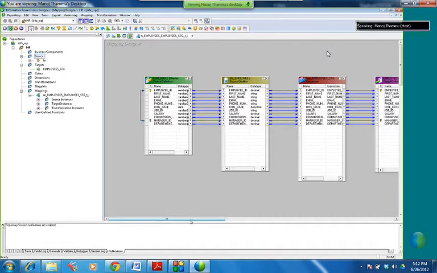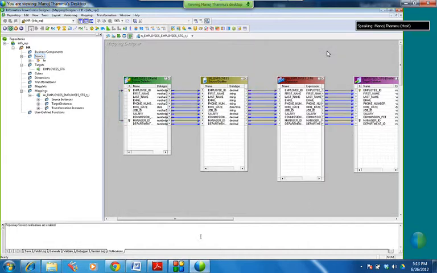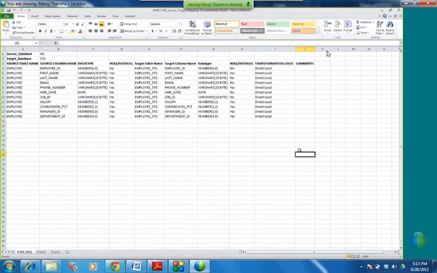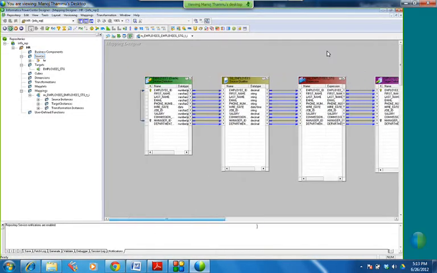Okay, Manoj. So yesterday I was telling you about this simple mapping, how to import the data and how to load the data into the other table which is present in other schema. It is a pretty simple direct mapping based on the requirement document I showed you, how the requirement specs look, and how to create them in real time. Today we'll go a step further and learn some new things.